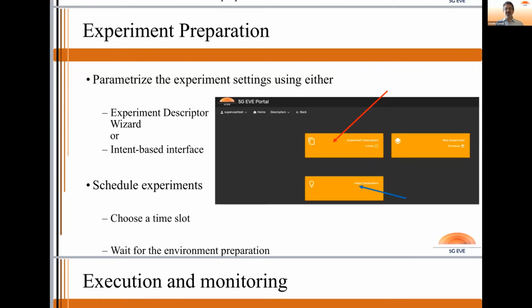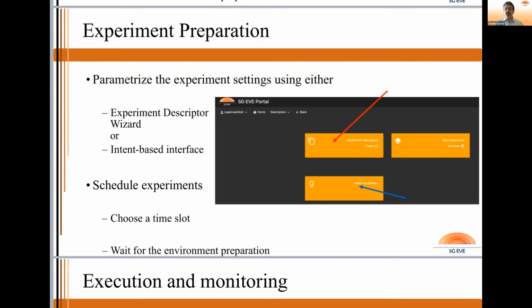The intent-based interface is meant to give you the chance to describe your experiment using natural language. So you can define the site, the relevant parameters, the customized experiment. For example, I want to experiment with RS2T in Turin on January 26th at 11 a.m. I want to use 5 devices, and I want to use a load equal to 10, and this experiment must